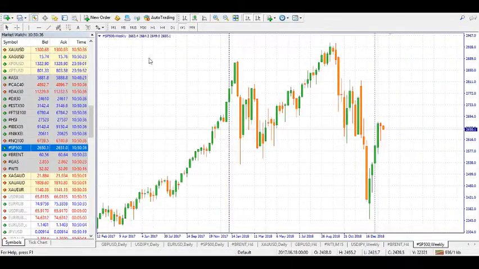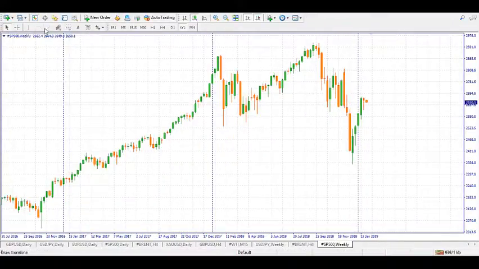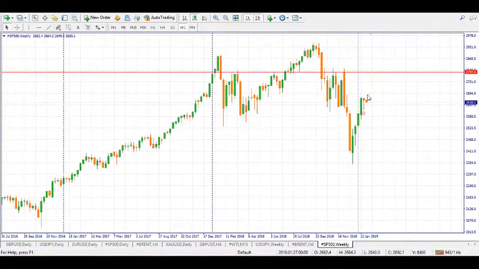So we load it from the weekly, and the first thing that I'm seeing on this chart is there was a pin bar last week. This is like an inside bar, which is a pin bar. What this means is that there are chances we could be headed upwards. This pin bar means there are high chances we could be headed upwards towards